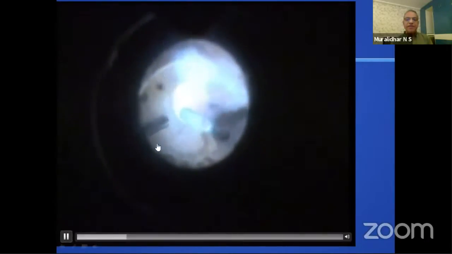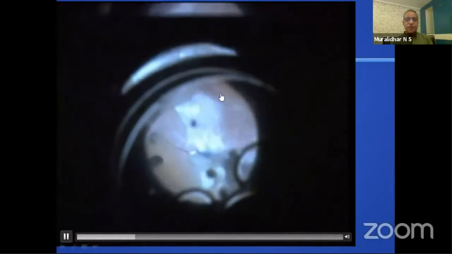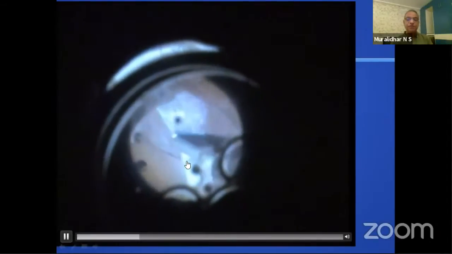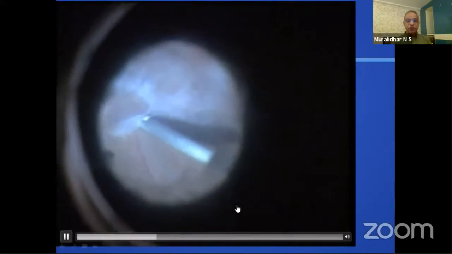So I have a lower threshold for bimanual surgery. I switch over to bimanual surgery whenever I have to deal with extensive membranes like what Shobhit does. And here the main idea was to circumcise the proliferation on the disc. Generally, in a situation like this, when there is such a thick fibrous membrane on the disc, I am not as bold as Satish to peel it off and pull it off the disc. My idea is to circumcise it around the disc so that the traction on the disc is relieved.